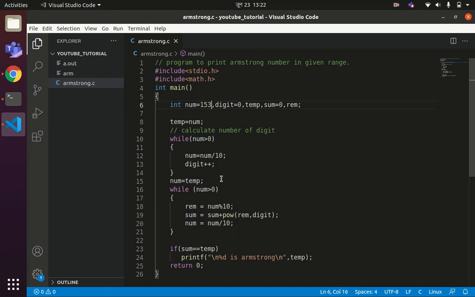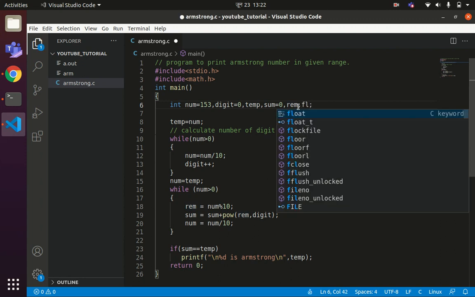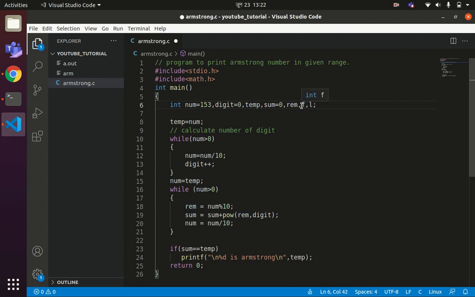Now once we have the logic to check whether the given number is Armstrong or not, we can modify this logic to print the Armstrong numbers in a given range. Let us say I have variables f and l. Variable f contains the starting range, and l contains the ending range.